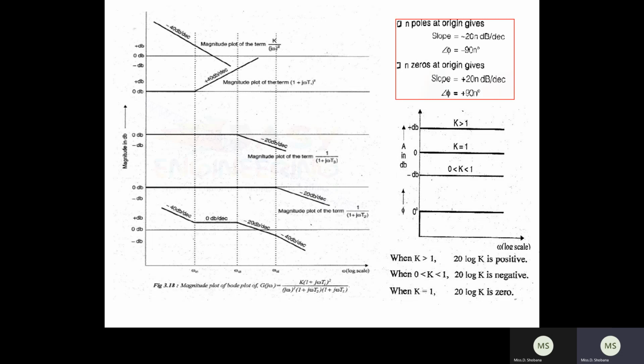So now, for one particular transfer function: minus 40, and then plus 40, so minus 40 plus 40 means 0 dB. That is a straight line. Then again minus 20, so it has been decreasing. And then again minus 20, so minus 20 is already there, and minus 20 again means in the decreasing order a slope of minus 40 is available. So for any given transfer function, you can draw the Bode plot like this, depending upon the terms. Okay, so I hope you can understand this.